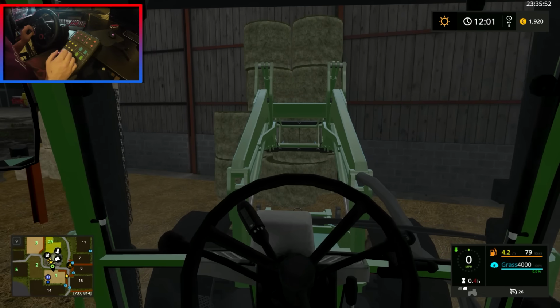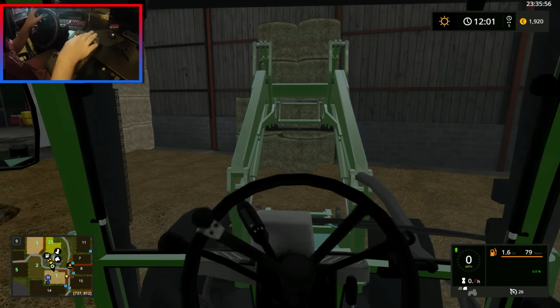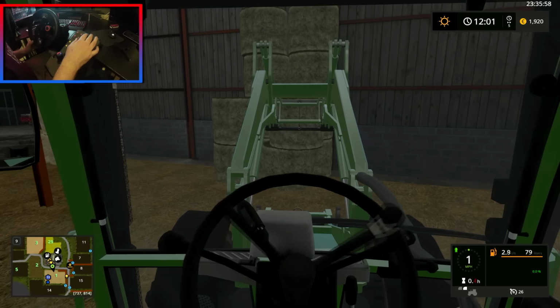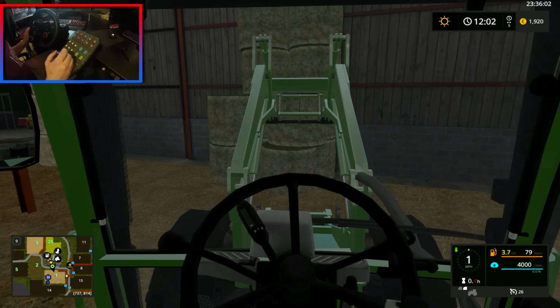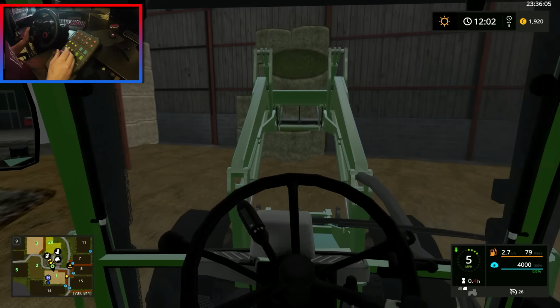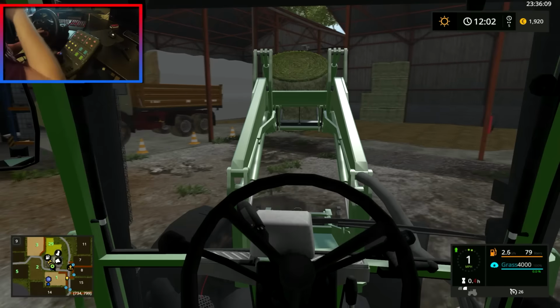Nope, we've messed that up. The fork was put in the wrong way. There we go, let's try that again. Perfect. Lift it up a little bit, reverse out. And we're away. So we'll put this next one in and we'll probably see if we can take 2 straw